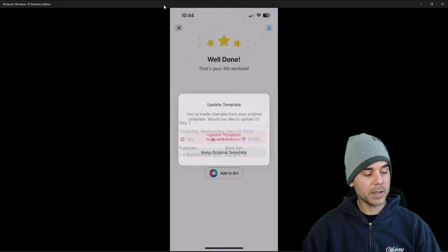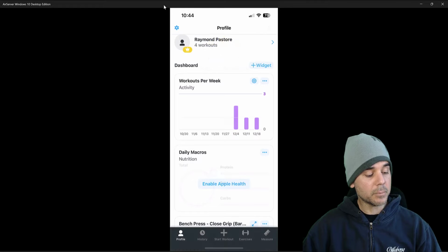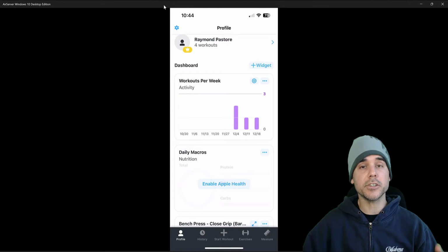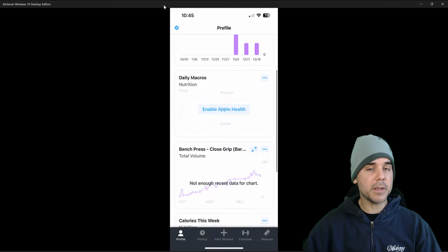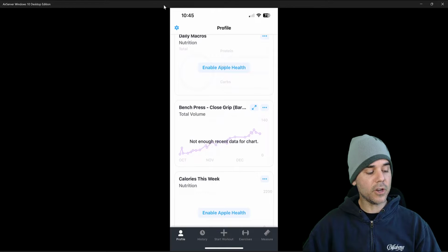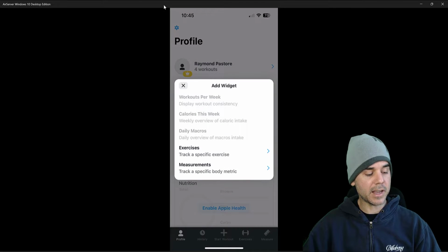Except there were some things that I did not like about it. So let's talk about what I did not like. The problem you have with Strong is I ran into two big issues with this piece of software. The two big issues are, first of all, they have very limited statistics. Like I can see total volume. They have widgets like I can track exercises, measurements, macros, calories, workouts per week, but